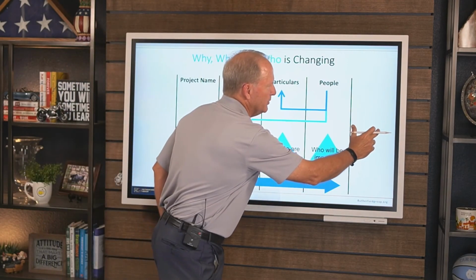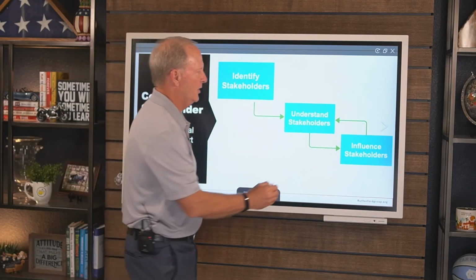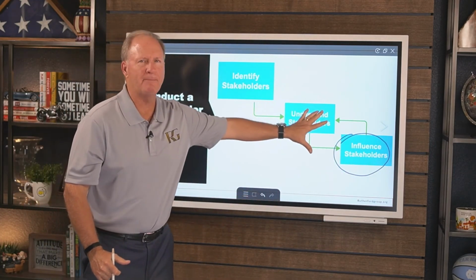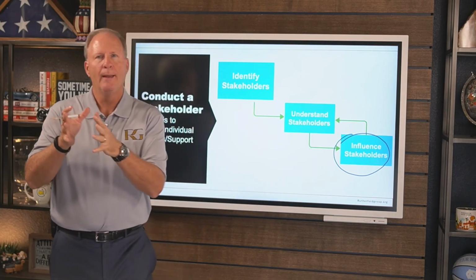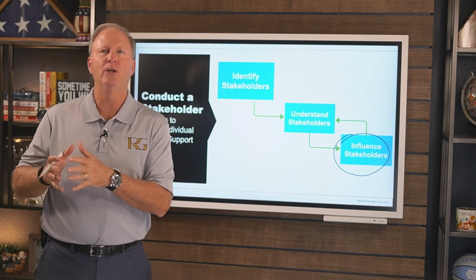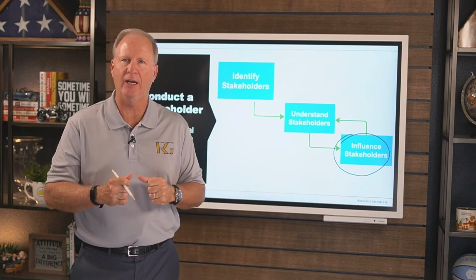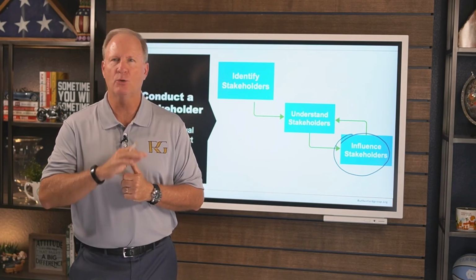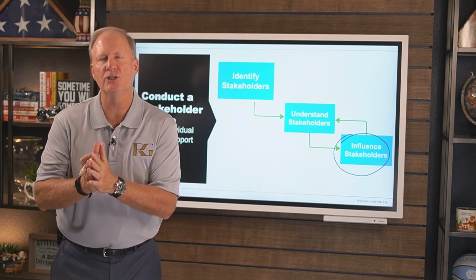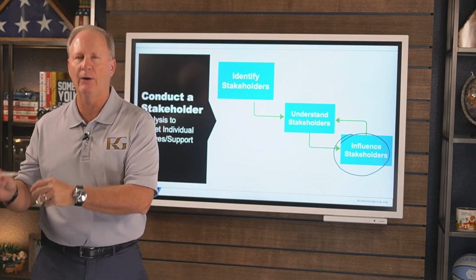Okay, so let's move to the next slide. And what we can see is we want to move to step 3 of that process, which is really about influencing stakeholders. This has all been preparation up to this point. So based on the mapping that we did in steps 1 and 2, we now need to determine what actions can be taken to engage the stakeholders in our initiative or change and who is responsible. Because quite frankly, this is where the rubber meets the road. We need to define what actions can be taken to engage each individual stakeholder in supporting our initiative or our